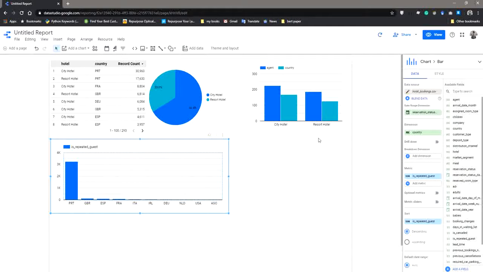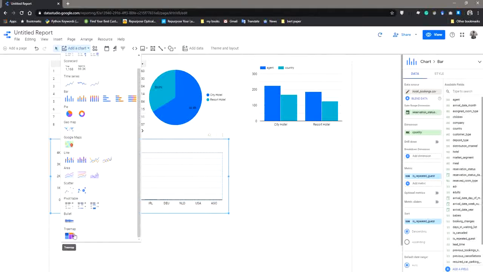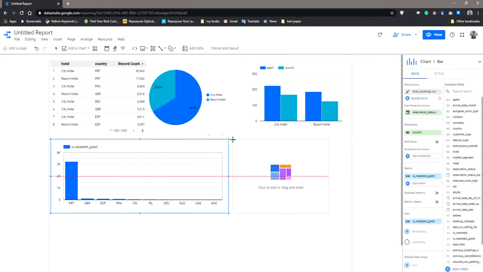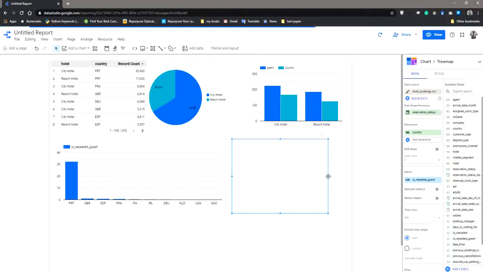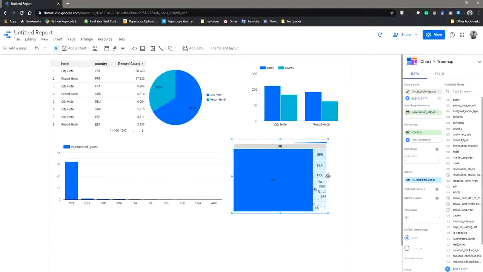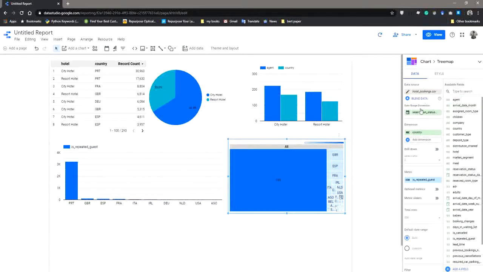Now if we want to generate a tree map like this for specific data, like if we just want to separate the resort hotel and the city hotel and the countries according to the meal time. If we want to separate it, we just have to change the metric here. The date range dimension will be reservation status, and here the dimension will be our hotels.